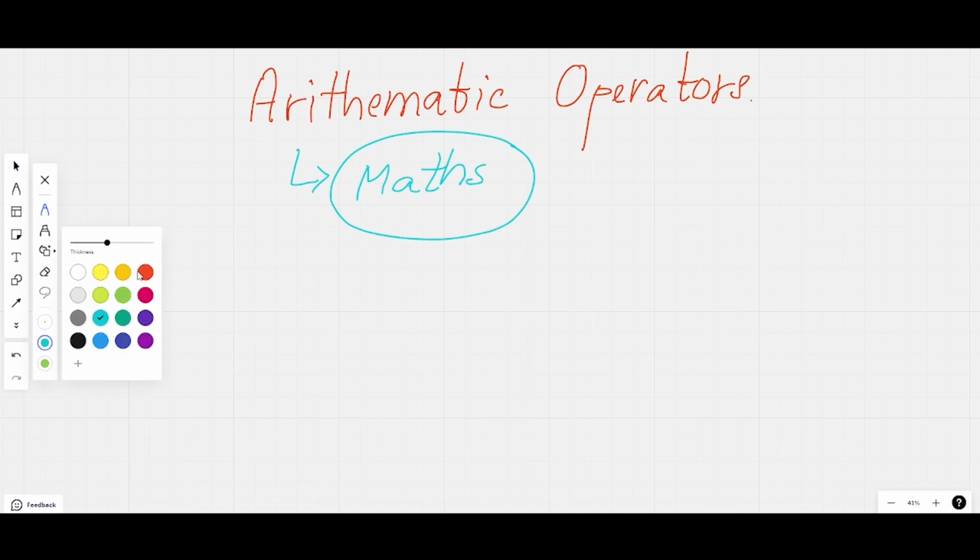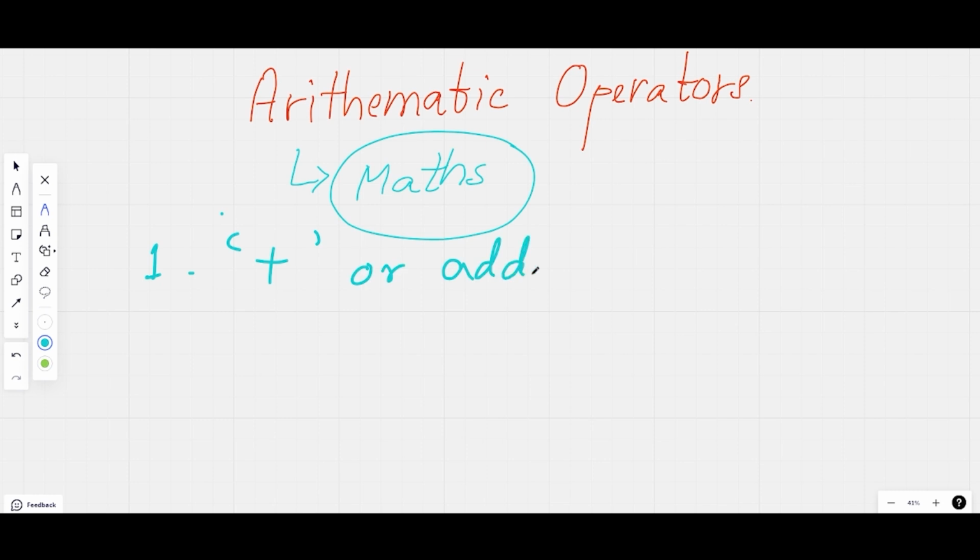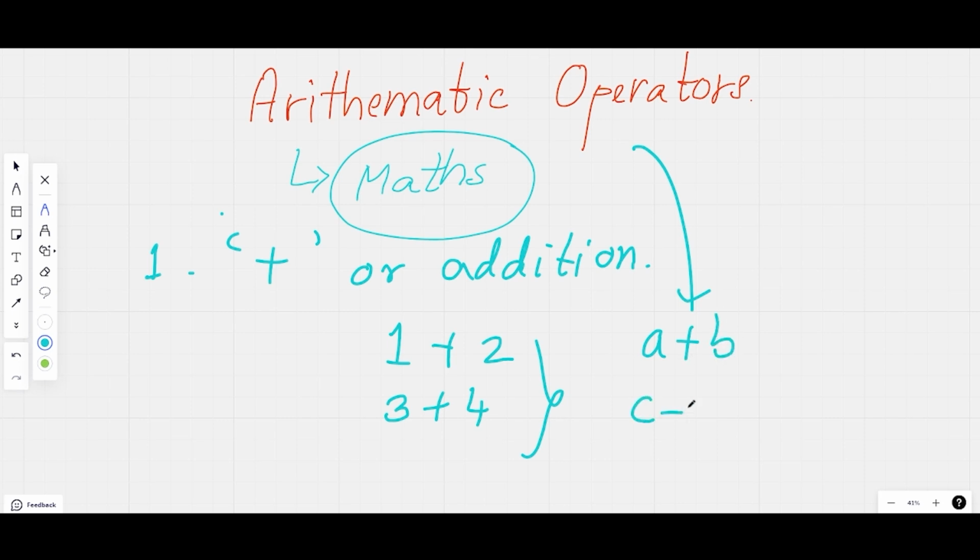So when it comes to arithmetic operators, these are all those common mathematical operations which we do. For example, the very first one is plus, or addition, like the addition we do in maths, for example 1 plus 2, 3 plus 4. Here in programming, we just change it to adding variables, and variables can have different values.